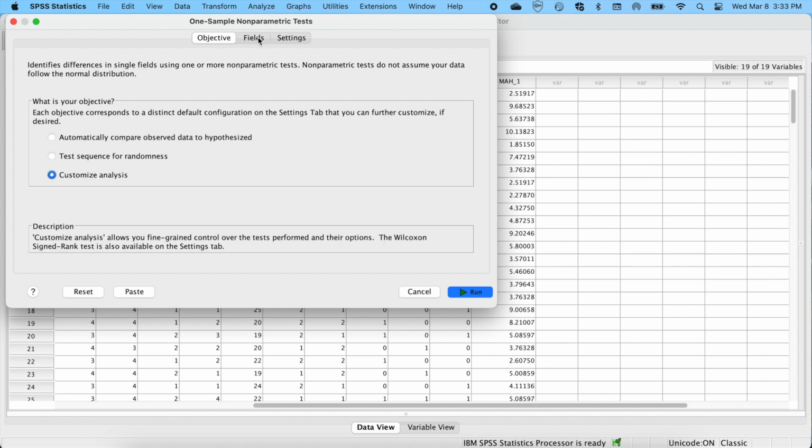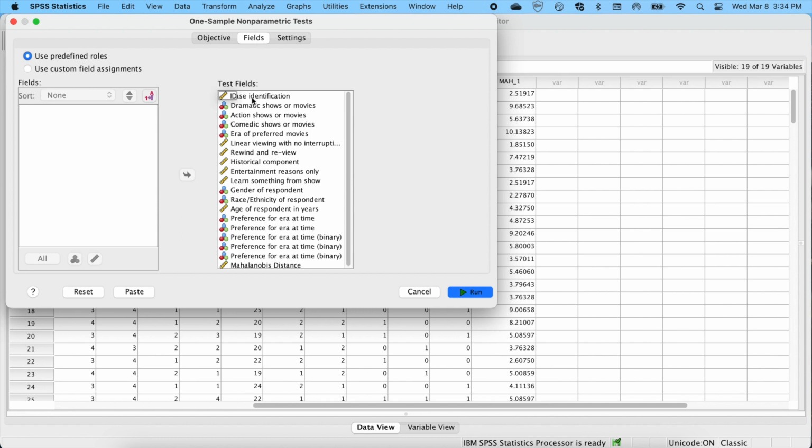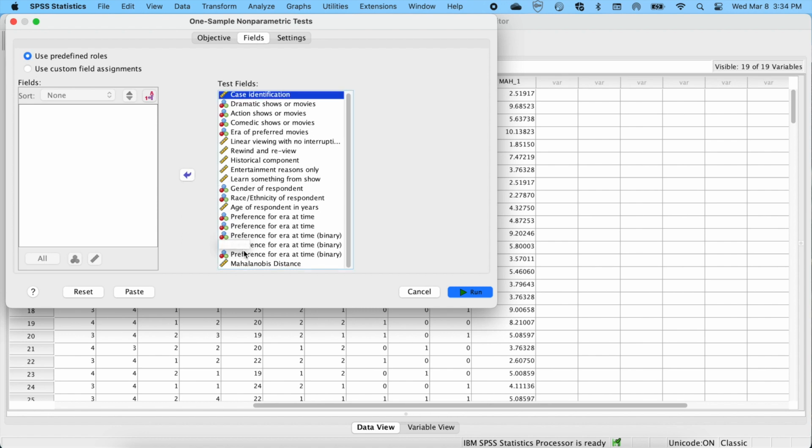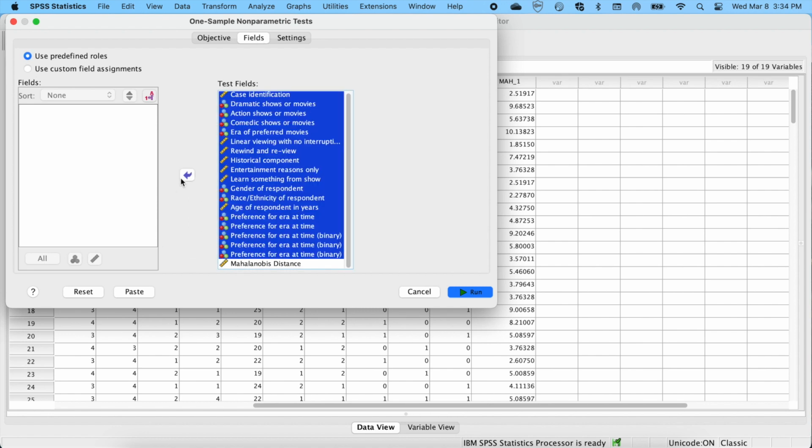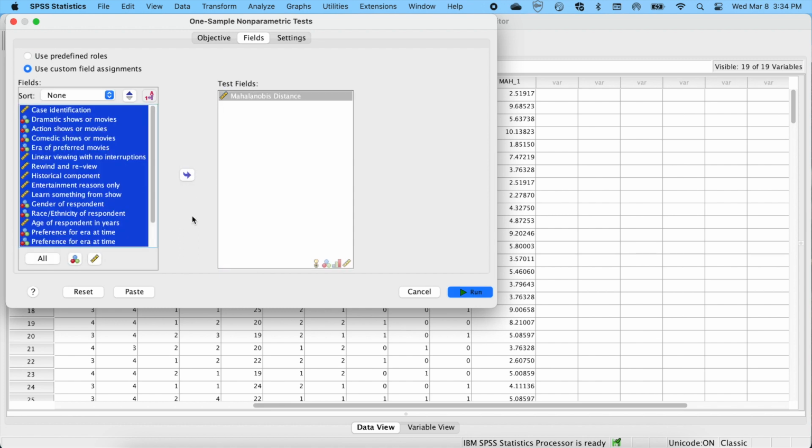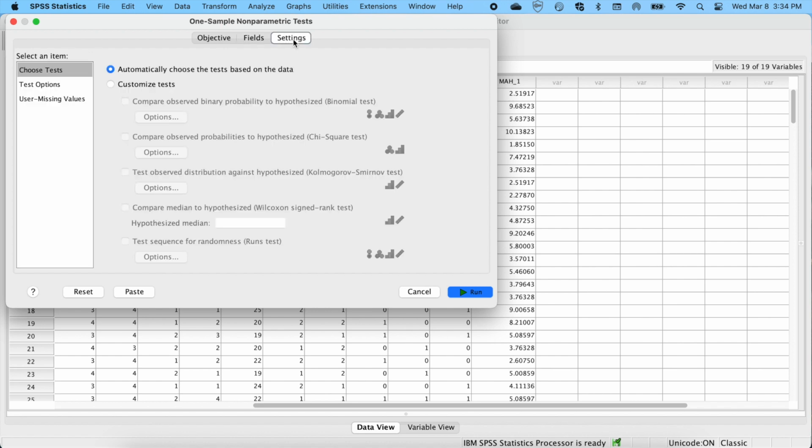In the Fields tab, under Test Fields, select all variables except MAH_1 and press the arrow button next to the Fields box. Then press the Settings tab. Select Customize Tests and choose Test Observed Distribution against Hypothesized Kolmogorov-Smirnov test. Now press the Run button.